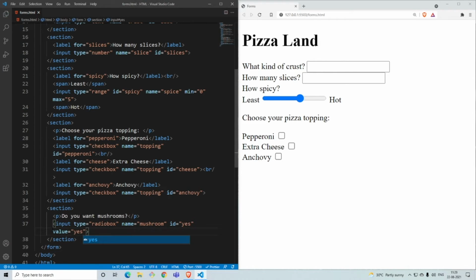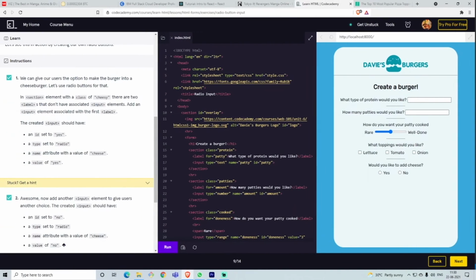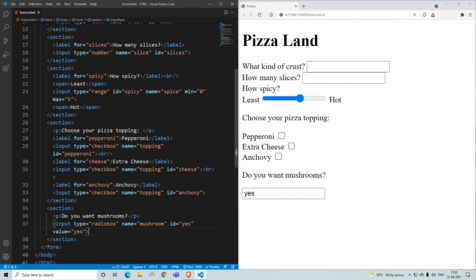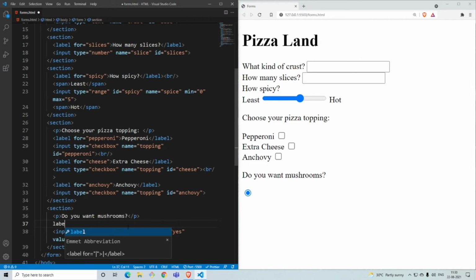So now let's say I save it. You can see that, okay, sorry, this is not called a radio box, it's just called a radio. So if you save it, you'll have this. When you click on the first one, it means yes. So I'll have to put a text, like a label kind of thing, to say that this is for yes. So label and for is yes, and I'll add yes out here. We'll save it. Okay, so if you click on this, it means it's a yes. And similarly, we'll do it for a no.